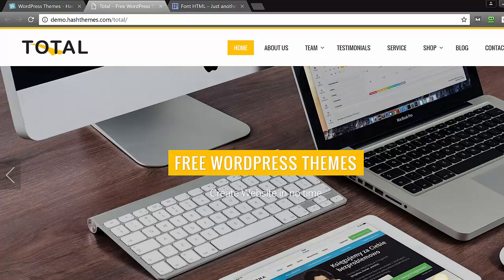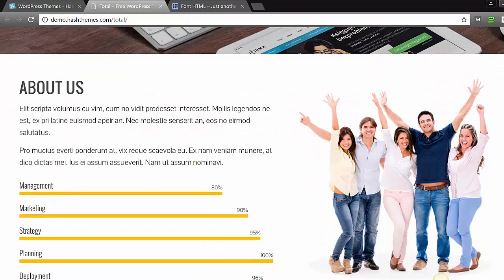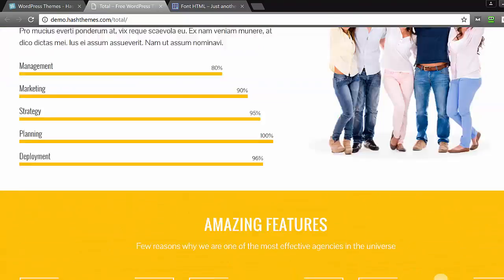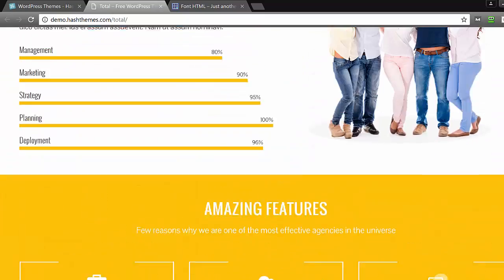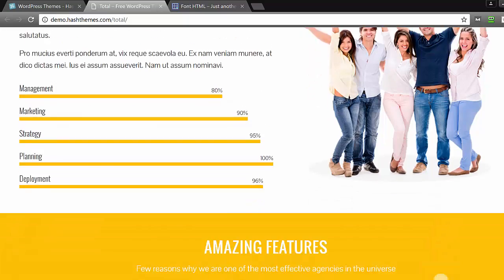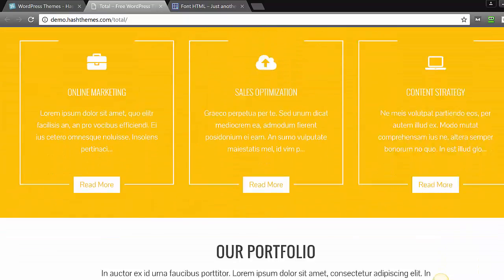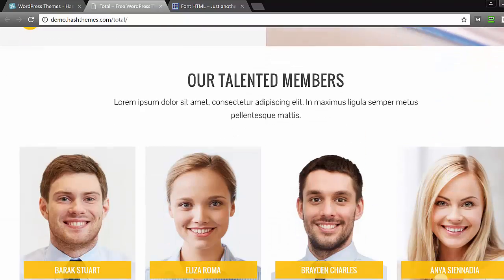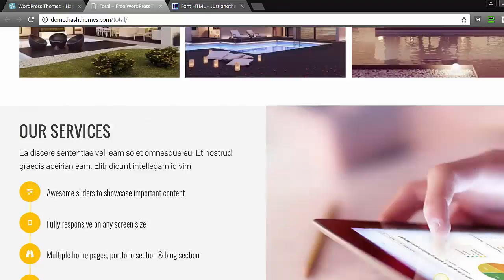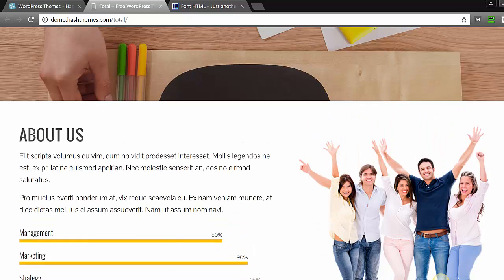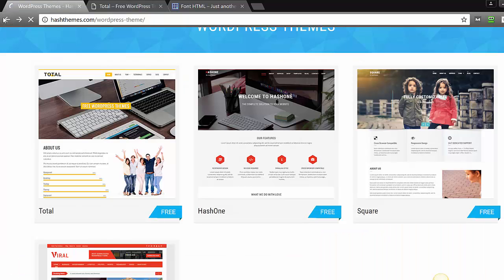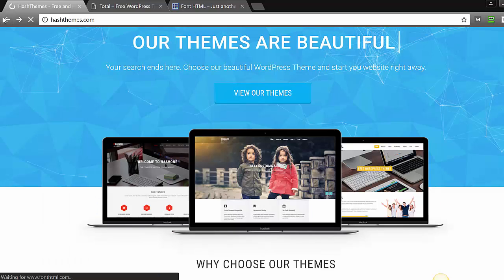So this is what the theme looks like, and this is what the potential of your website can be once you've actually completed setting up your site. So this is a good indication of what features and what layout you can have once you've completed your website. So we're just going to use this as a guide when we're creating our sample website. Alright, so let's just go back to our site,